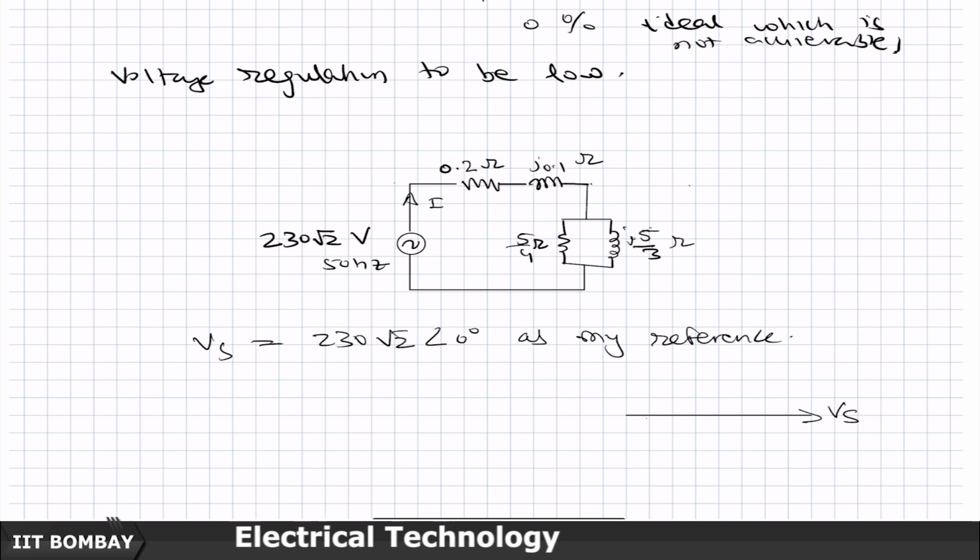And in this particular case, I do not need to even say whether I am choosing a sine wave or a cosine wave as the reference. It is irrelevant, because I am only asking you for the phasor values of the voltages and current. So, those are anyway algebraic numbers. Whether the sine is the reference or cosine is the reference is a question that you will have to answer